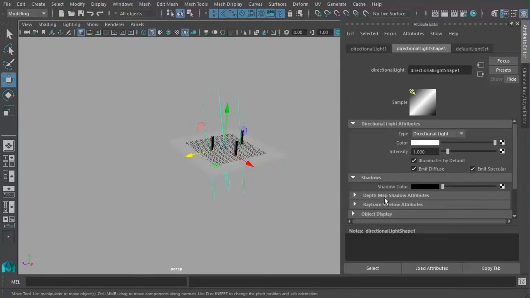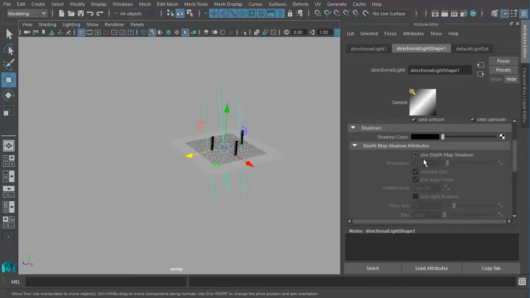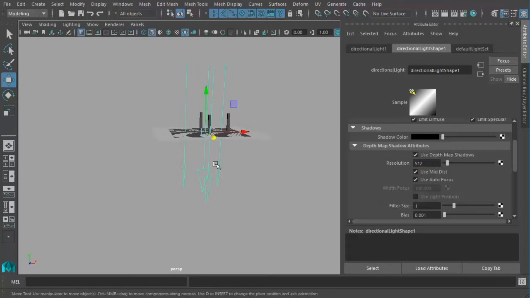The first one is depth map shadow and the second one is ray traced shadows. Now depth map shadows is created with the help of an image. So if I turn on the depth map shadow, I'll have to give a resolution, which is basically the resolution of the image that it creates. And it will just decide which area